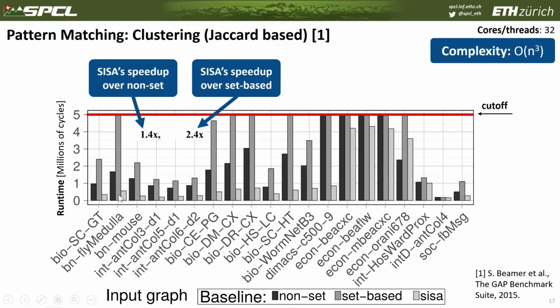What we can see here is that although SISA is the fastest out of all these baselines, the non-set variant is actually the second fastest, and it outperforms the set-based scheme. So in this example, we can see that using SISA helps a lot, but just using set formulations is not really getting us too much performance. That's because we compare to a really optimized implementation coming from the GAP suite, and also because this clustering scheme has quite low computational complexity. But if we